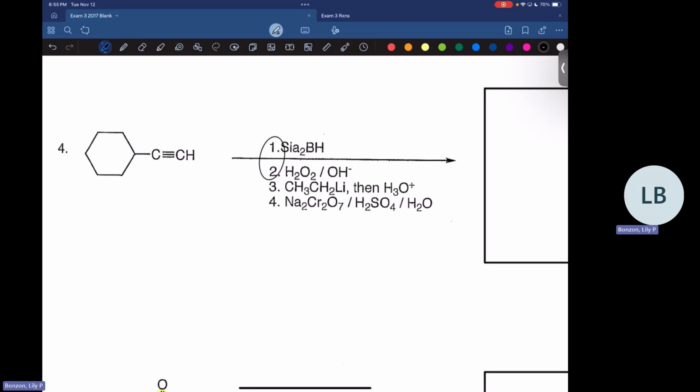Okay, steps 1 and 2 for this reaction. Hamza has an interesting name for this one if you want to ask him about it. But for this one, the cyanoborane reaction, this one also adds H and OH. It does anti-Markovnikov. And this one does an interesting mechanism. So first I'm going to draw the product. So the product is going to be